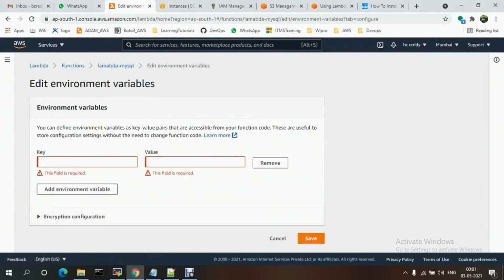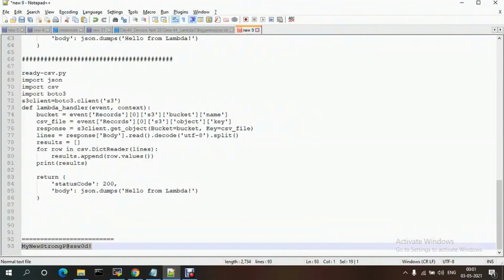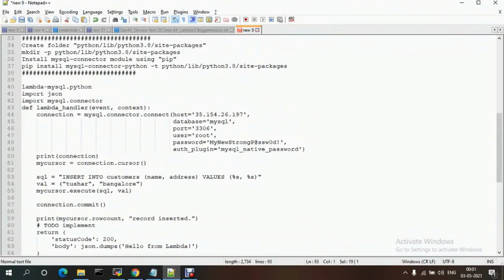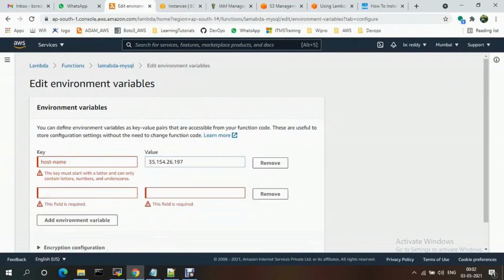You just need to add environment variables like host name, and provide the host name, host IP. These hard-coded values are there, right? Instead of these, you just need to give these values. If you want, you can add something like my host name.